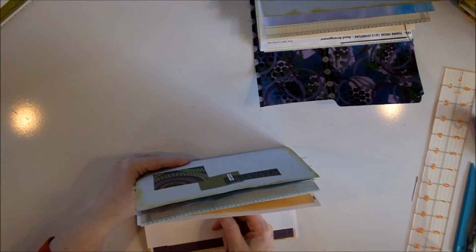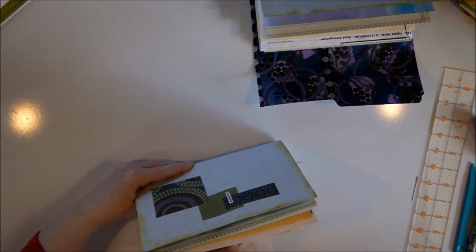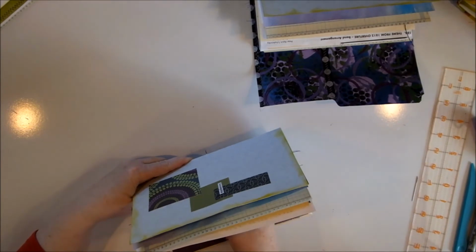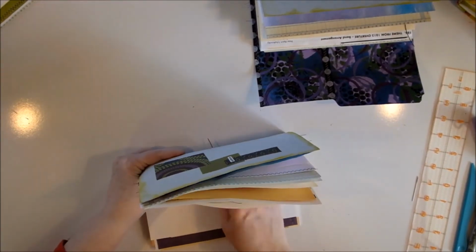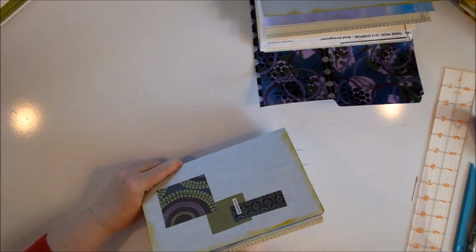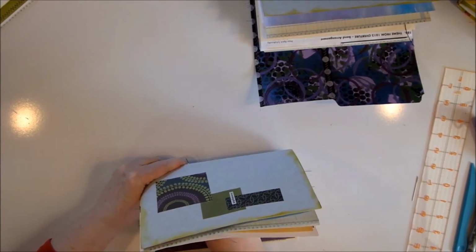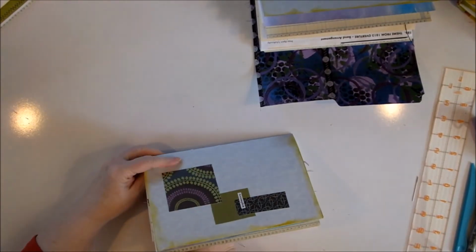And poke holes. Now you want to make sure that you try to get it right in the bend of all the pages. There's close to 20, I can't remember, I think by the time I got finished there's 180 pages in here, so that means there's 20 or so sheets, not sure. That of course counts the envelopes, which